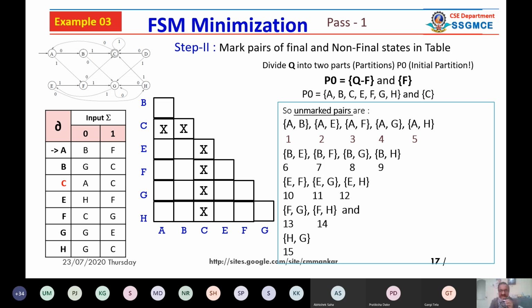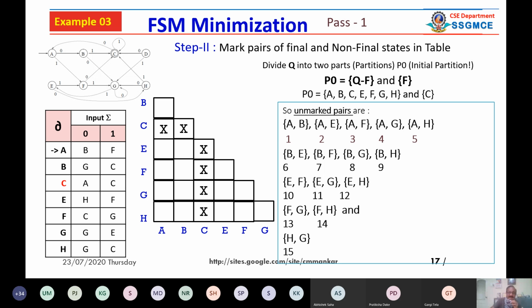So please note that when you write some pair, it should always be in ascending order. For example, if HG is there, don't write GH, try to write HG. Or if there is a GC, don't write GC, C is lower, G is higher. So your pair should be in ascending order. That will solve the problem, because right now I cannot give you any example, but writing a pair in ascending sequence solves some complexity which occurs in some complex problems.